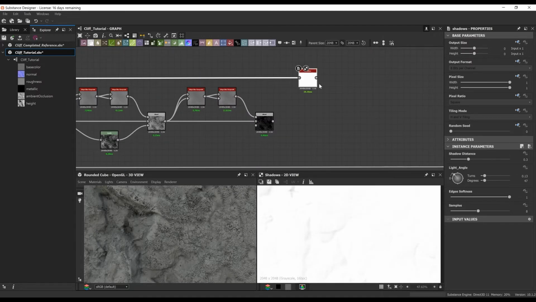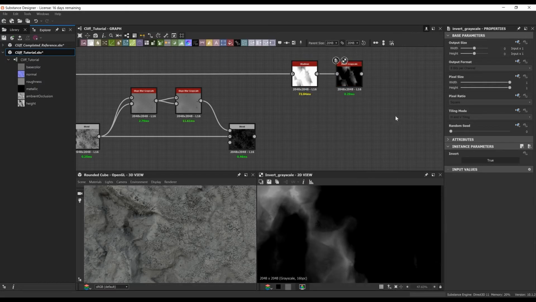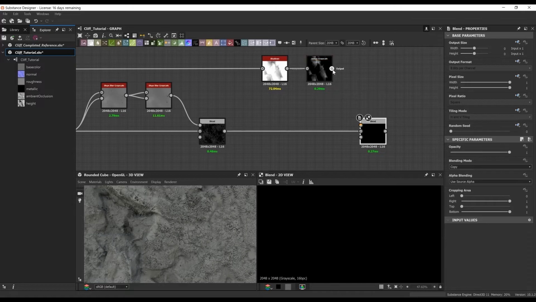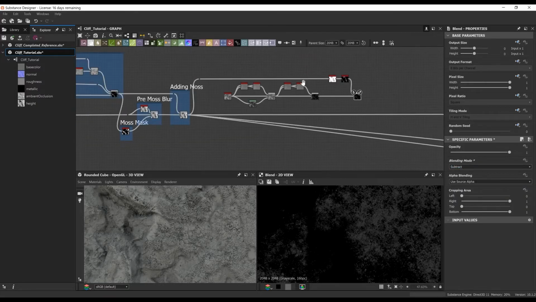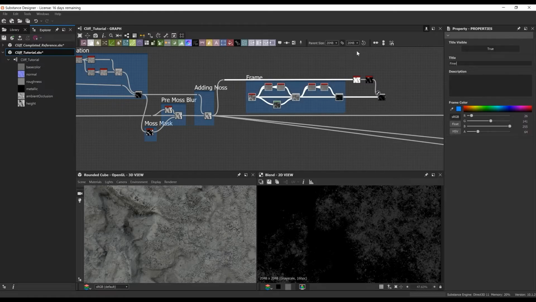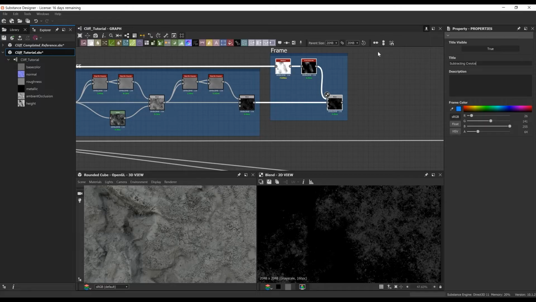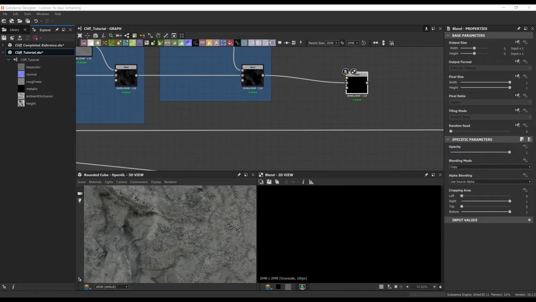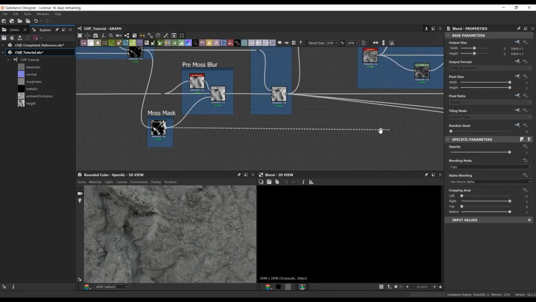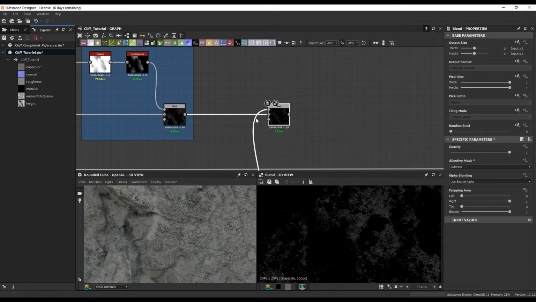Now, before we add this on here, I'm going to do some subtracting of the crevices. I'm doing a shadows and an invert on this. What the shadows and inverting is going to do is give us a mask of where the crevices are in the cliff. Basically, I didn't want this finer moss to be hidden in those crevices. I just wanted it on the top peaks, so I made sure to subtract that from the actual mask that we had just gotten.